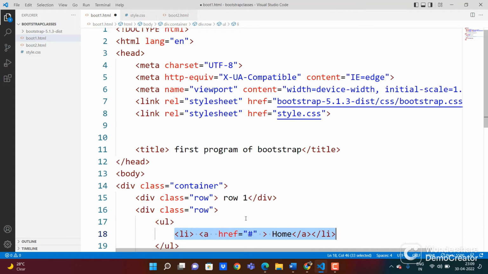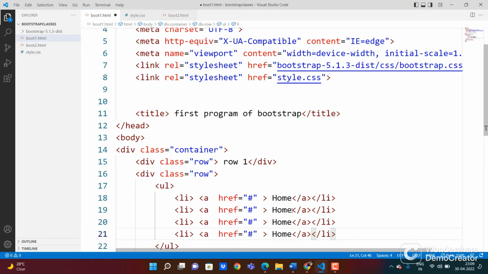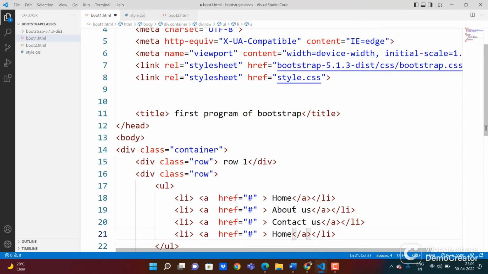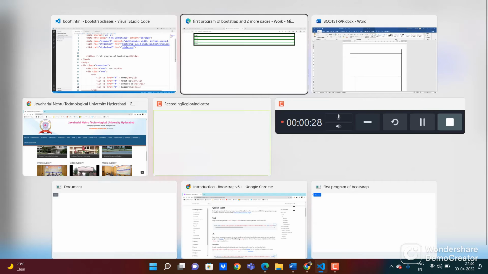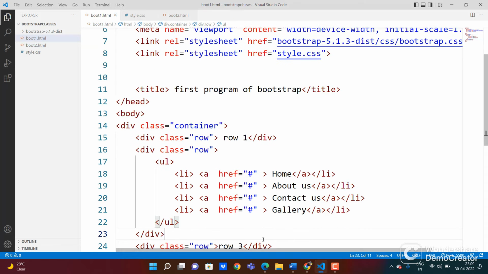Okay, this I'm going to copy again, and this is for about us, and this is for contact us, and this is for gallery. Okay, so this is a navbar, and this we can implement as a navbar in the CSS, but now I'm not going to concentrate on this, simply a website I'm going to